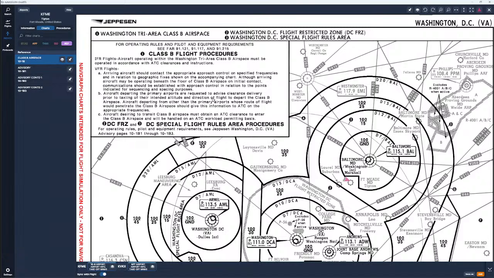Aircraft departing the primary airports are requested to advise clearance delivery prior to taxiing of their intended altitude and direction of flight to depart the Class B airspace. Aircraft departing from other than the primary airports whose route of flight is without penetrating the Class B should give the information on the appropriate frequencies. Aircraft desiring to transit Class B must obtain